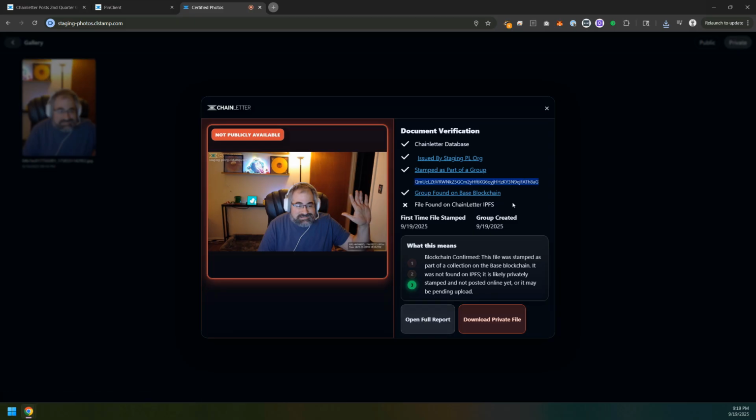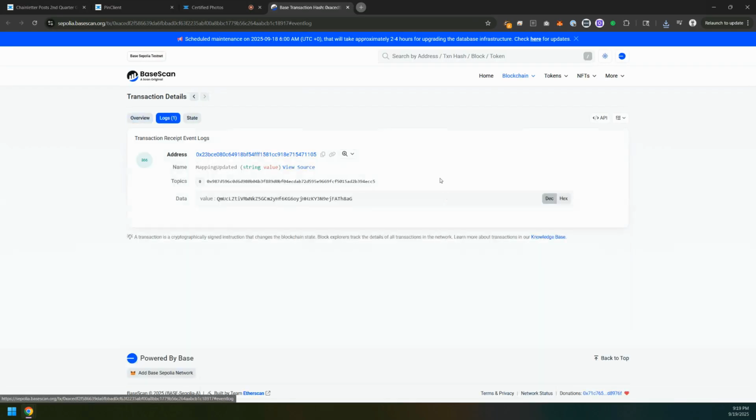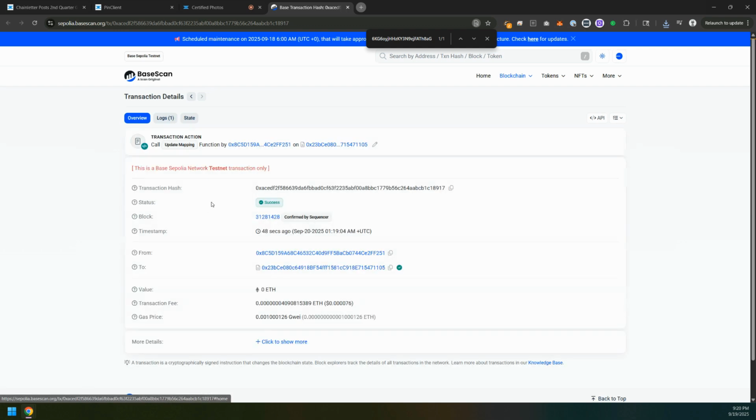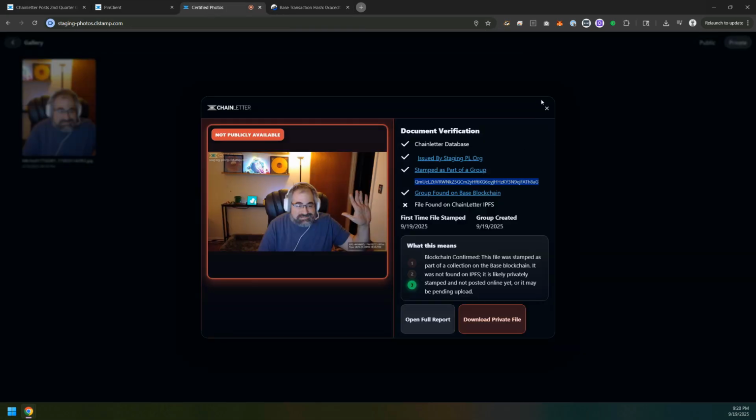Now if I take this hash, if you want to just see where this is in the blockchain, I click on Group Found on Base blockchain. You can see that that hash, if I do a Control F, matches the value that's been committed in this address at a known timestamp on the blockchain. Now this is BaseScan. It's not my website, so people should trust that that is our portal into what is verifiable data. If I go back to the photo app and close this,